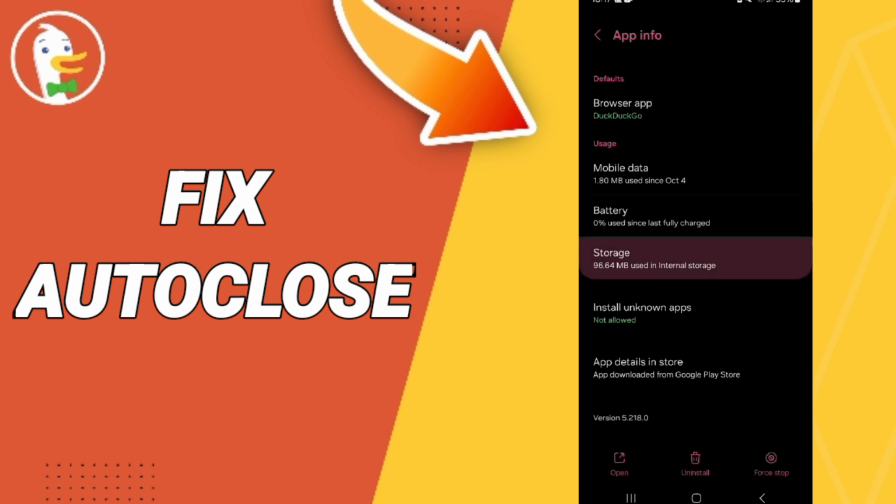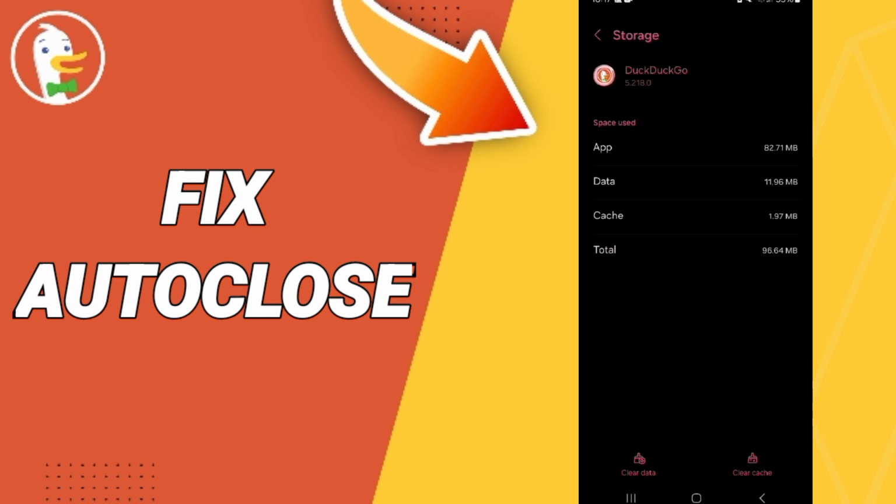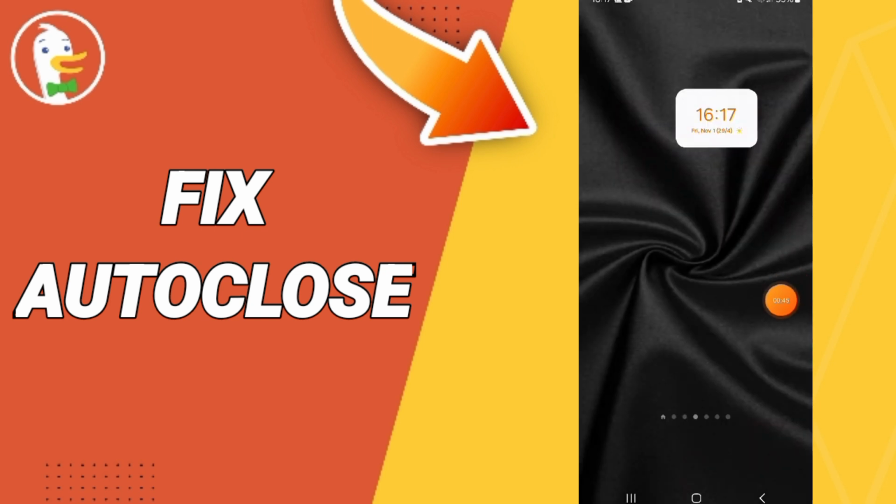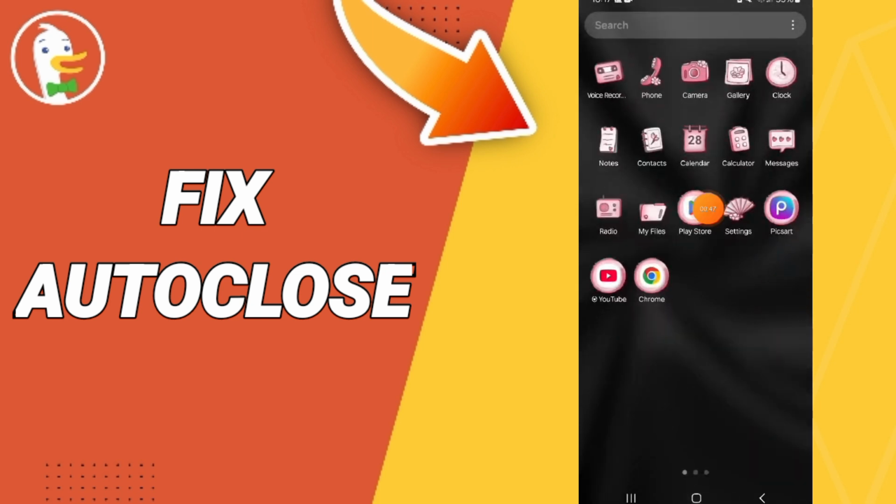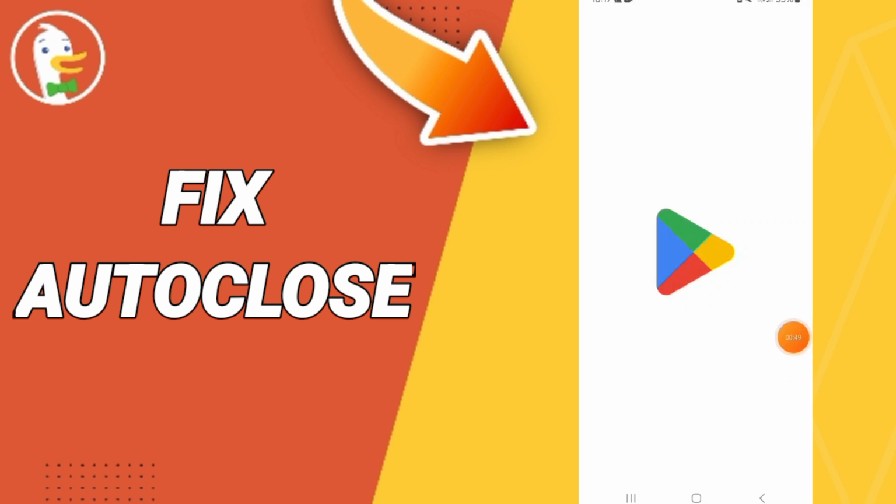Here you will enter the storage window. Then you will click on clear cache, but pay attention, don't click clear data because that can delete your account. In the end you will go to Play Store. You will search for the application DuckDuckGo and then you can